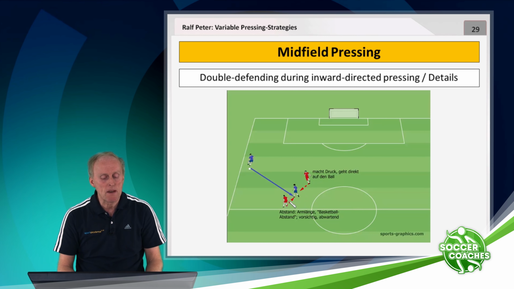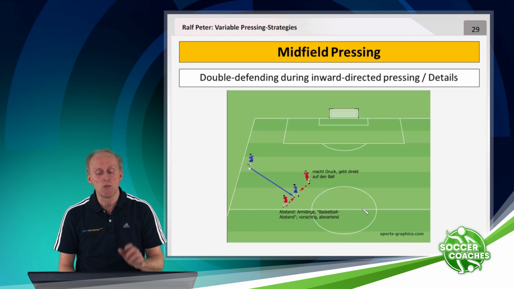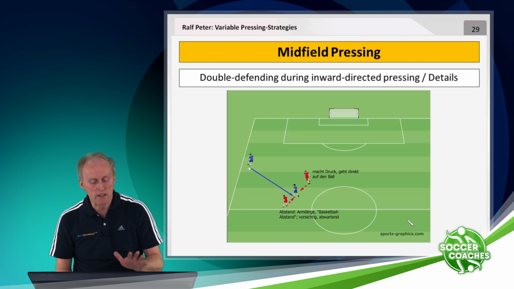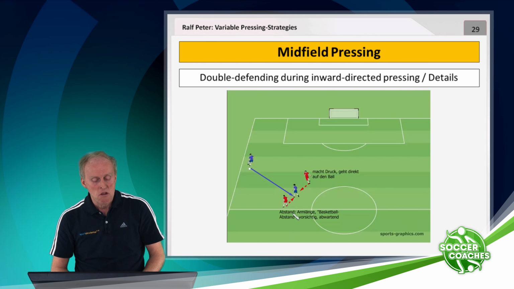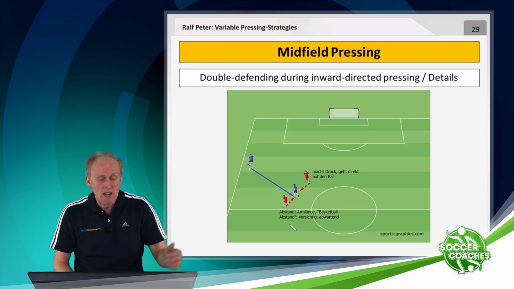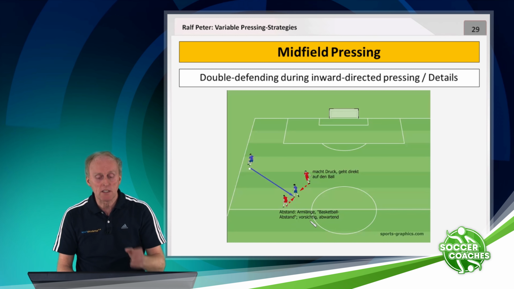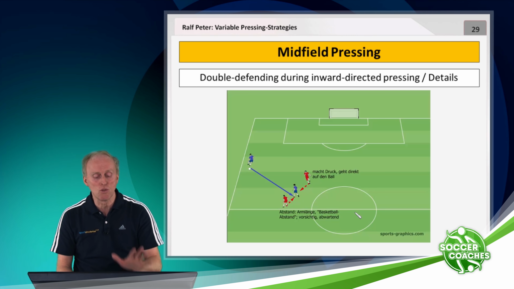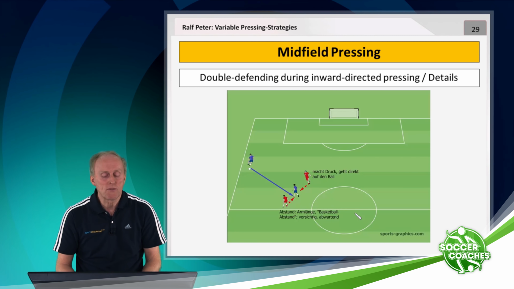Here are some more details when doubling. There are always two parts, one from behind, and one that creates pressure from the front. I always say the one who is closer to the goal is the one who's acting a bit waitingly. I always say distance, arm length, basketball distance, some coaches say as well. Acting carefully, waiting, this player, while the second player is really actively pressing here and trying to apply pressure on